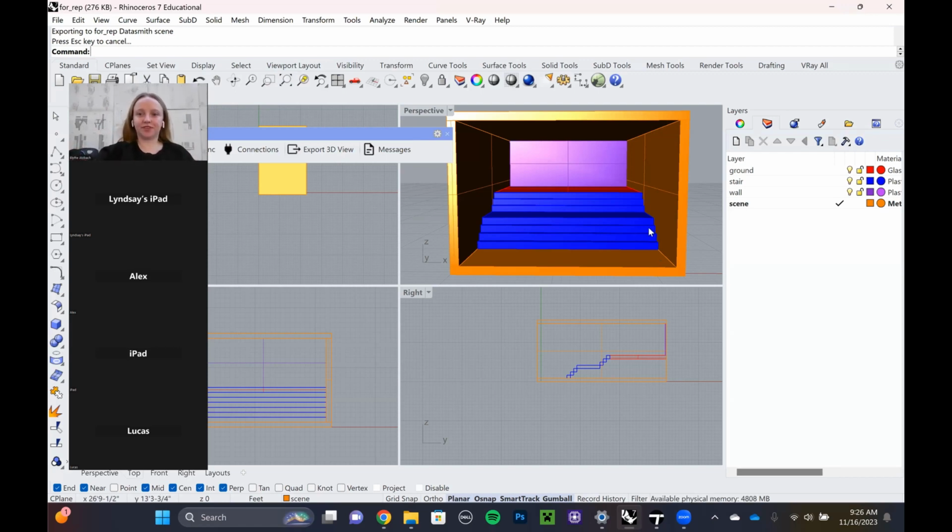So we're in Rhino, and you have to make sure everything is in organized layers. I have a layer set up that's basically a box around the scene so that I can control the lighting the best I want. And then I have a layer for the wall, a layer for the stair, and a layer for the ground. So we're gonna go into Rhino, and we're gonna type Datasmith direct link sync,